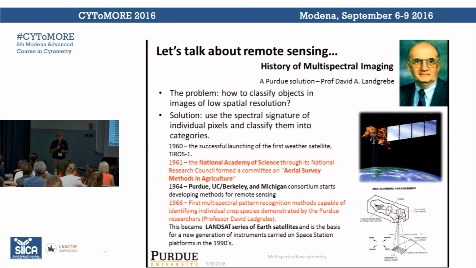But since he lived in Indiana, we have a lot of corn, it came to pass that he decided, well, what if we could apply spectral analysis to look at corn crops and determine where the diseases were in the corn? Because if you can find where the disease is in the corn and stop it spreading,